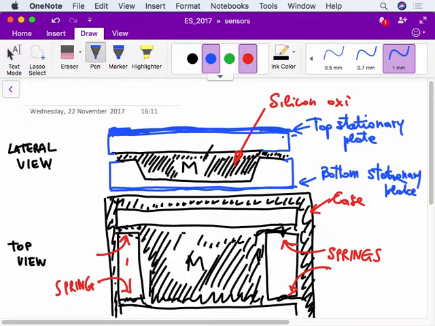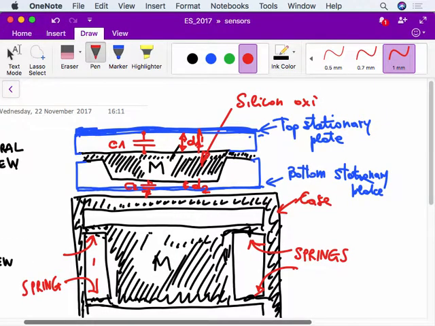So that actually we have a capacitance C1 between these 2 plates, and a capacitance C2 between the bottom surface of the mass and the bottom stationary plate. And these 2 capacitances are varied when the mass oscillates. For example, if this is D1, the distance between the 2 top plates, and D2 is this one, the distance between the 2 bottom plates, what we have is